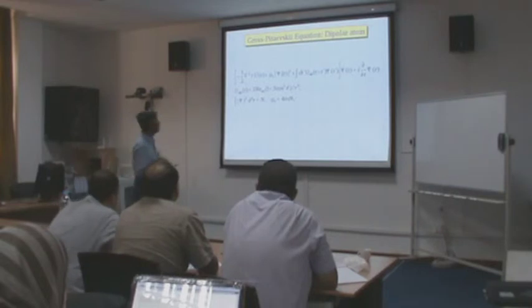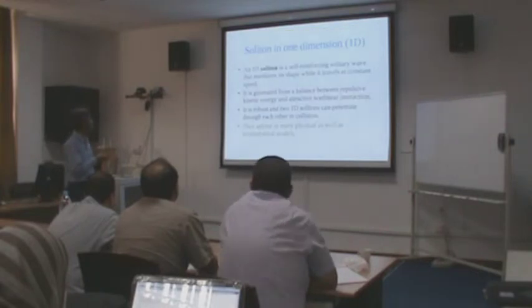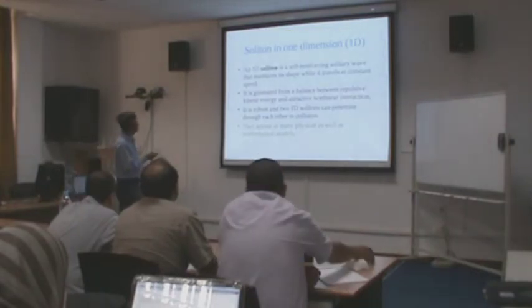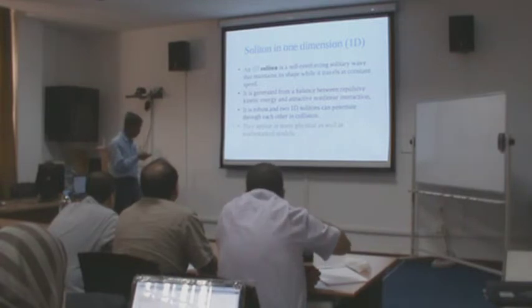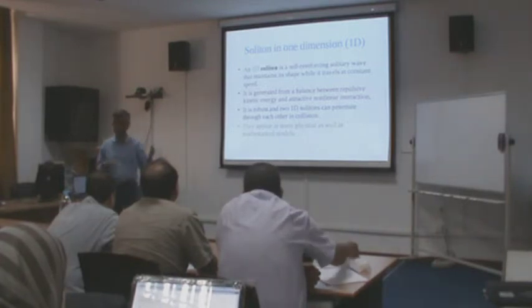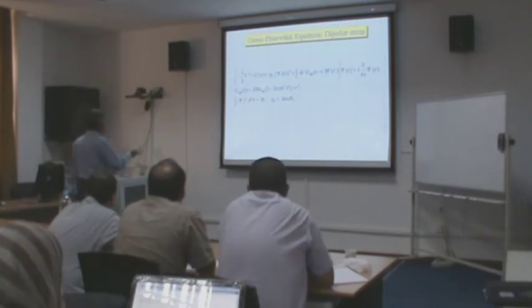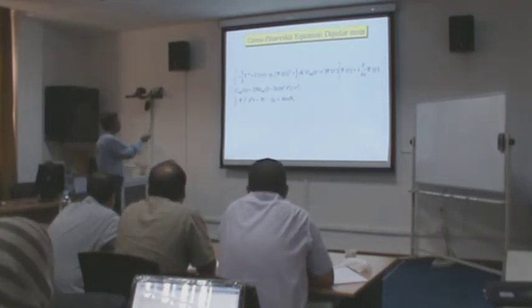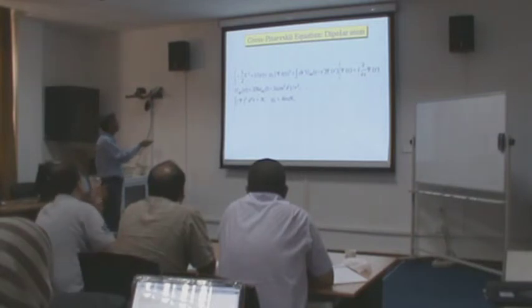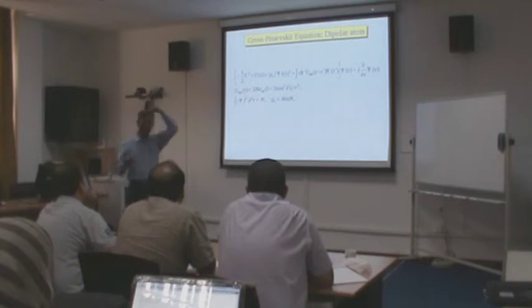And this is usually evaluated by going to momentum space, as was commented yesterday. We shall not go into all this. Now, what is a soliton in one dimension? A soliton in one dimension arises from the balance between this linear dispersive term, which wants to take it away, and the combination of these two terms, which can bring it together.